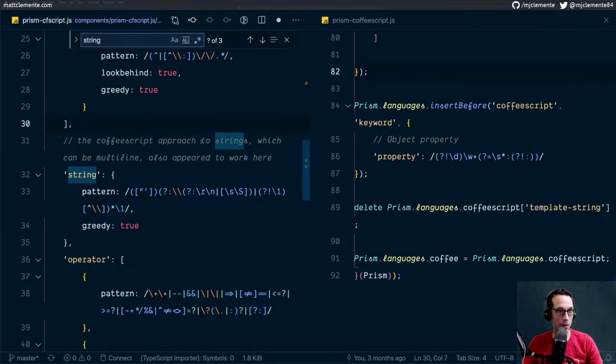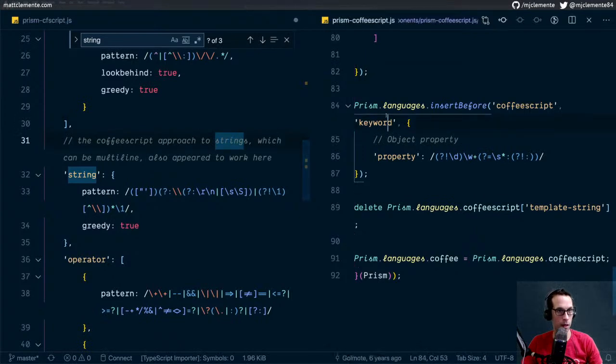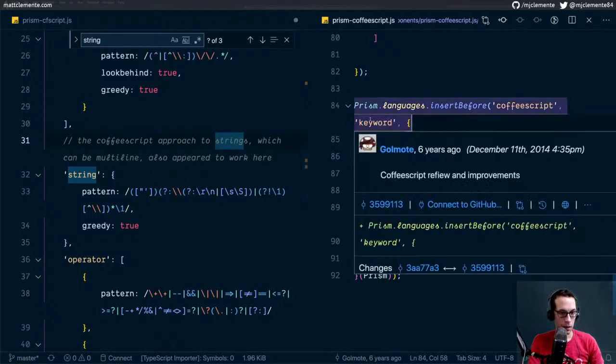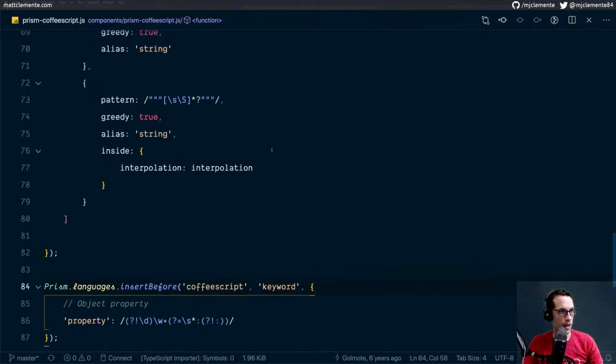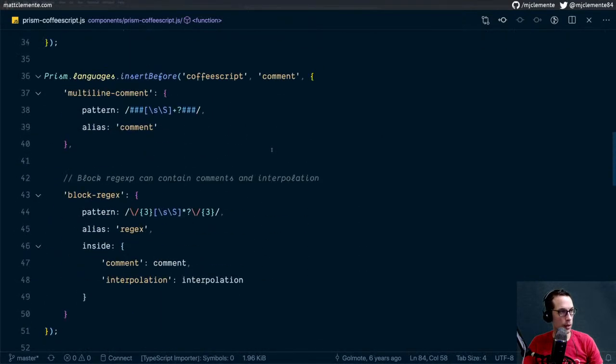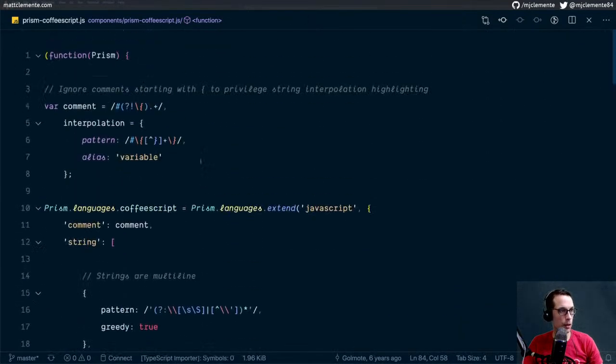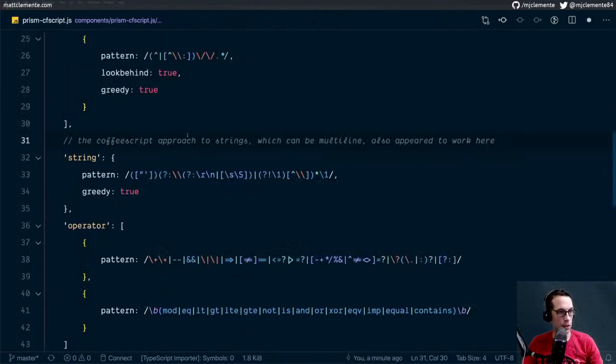I'm pretty happy with where this has ended up. Honestly, I was a little nervous about how it was going to come together. So I don't think I need, you know, I'll leave that comment in the event that we end up needing to modify how strings are handled. But okay, so up. Oh, I'm in CoffeeScript now. Don't need that. Okay, the CoffeeScript approach to strings, which can be multi-line, also appeared to work here, but this